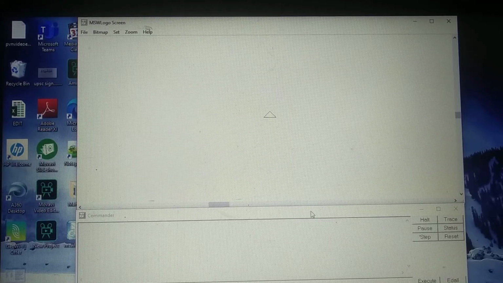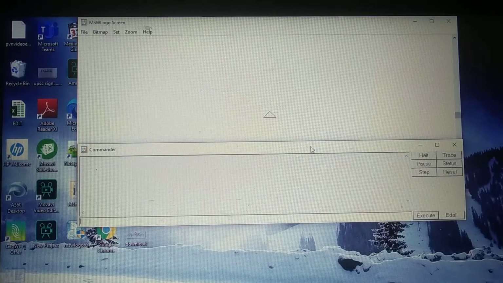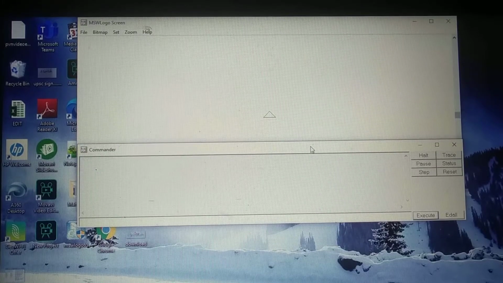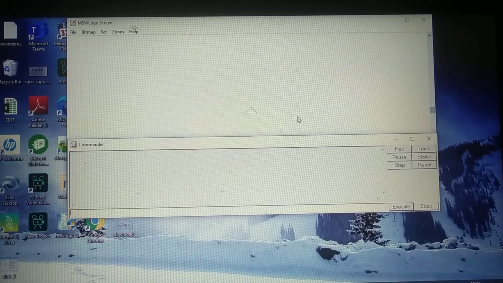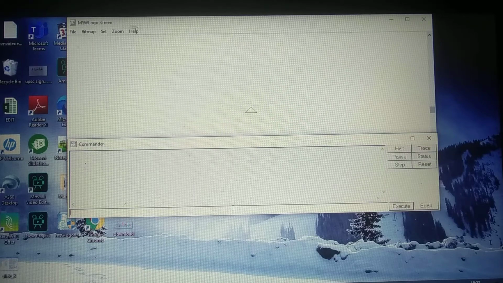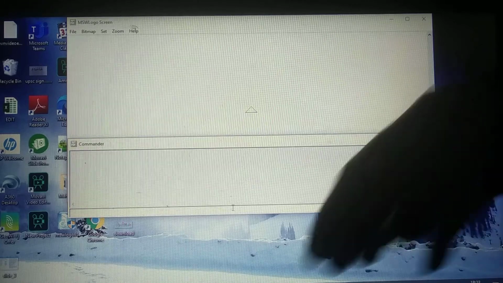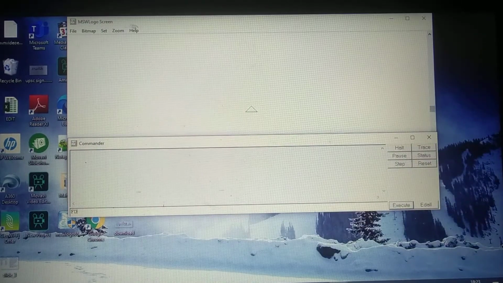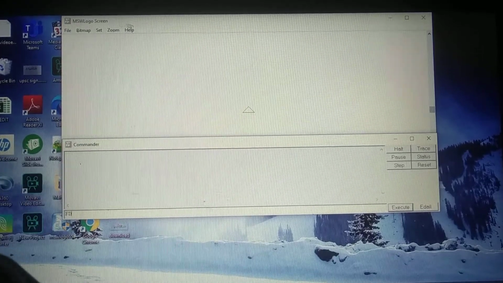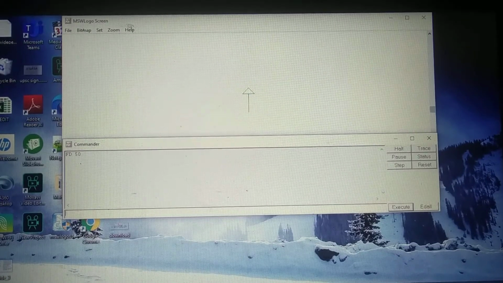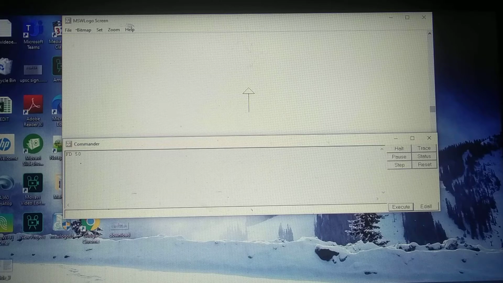Here in this commander window we can draw different shapes. In this lesson we have to learn only 4 commands. The first command is forward. Forward or FD we can give. With that command we have to mention the units, the numbers also. So FD space 50, Enter. Your turtle will be moved in the forward direction by 50 units.